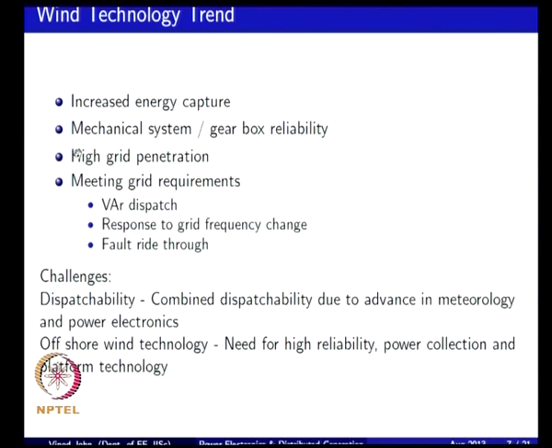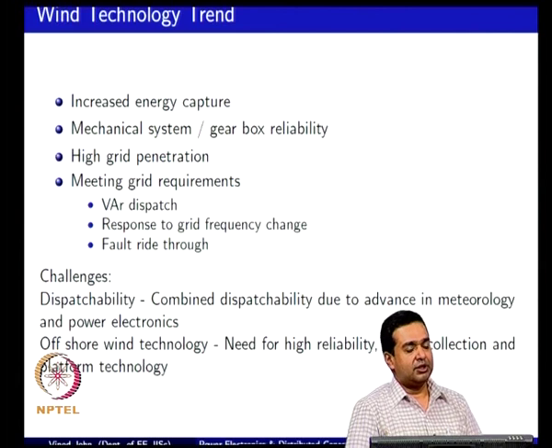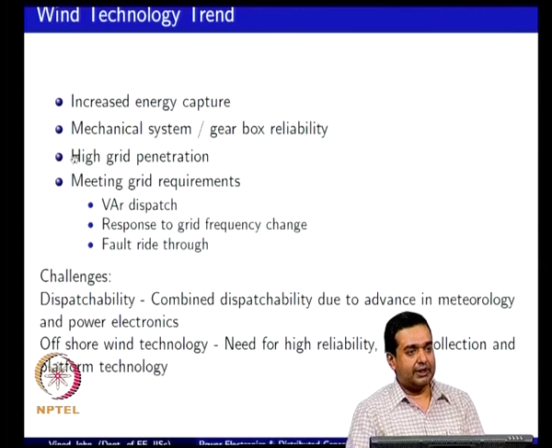For example, not all parts of the world have the best wind resource. If you look at India, where you have the best possible wind resources available, you are talking about places like maybe Gujarat, Tamil Nadu, etc. You already have a large number of turbines. So, if you want to put more turbines in such a location, then you need to have better ways of dealing with the grid, and so that is another trend, which is demand requirement which is being imposed from the